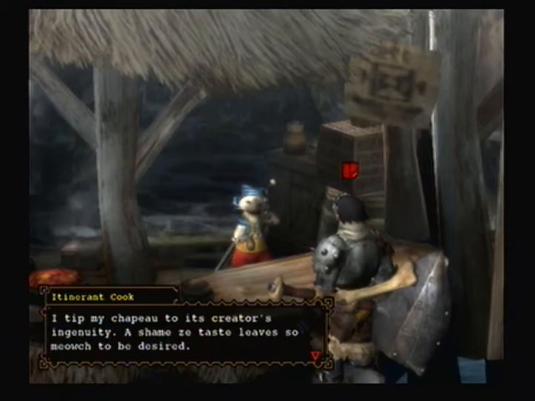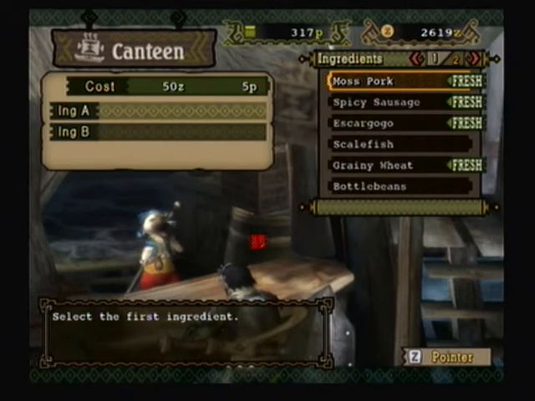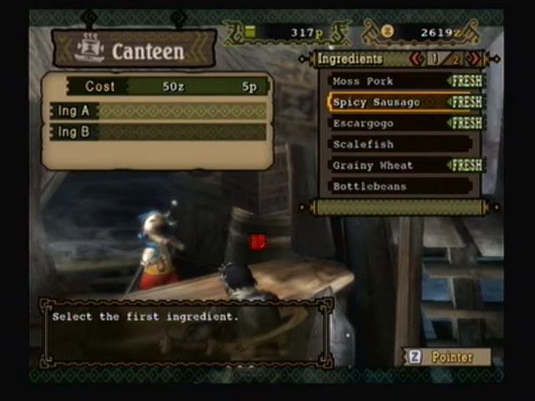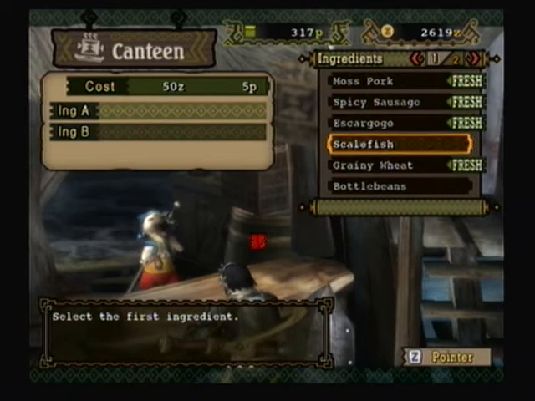Let me read what he's saying. On the tip of my tongue, blah blah blah. Care to dine? Alright, what you're going to do is pay for your meal. Well, obviously, but you have to pick two different ingredients. There's meat, vegetables, drinks. I don't remember the exact list, but I'll probably have an annotation in the